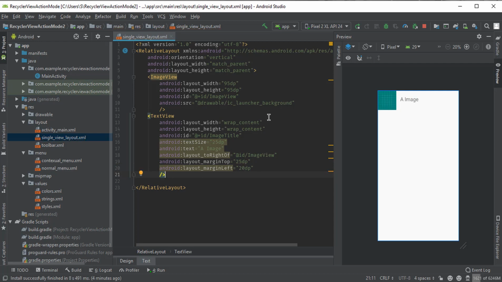Okay, now we will select the background color. Let's say I select the background color